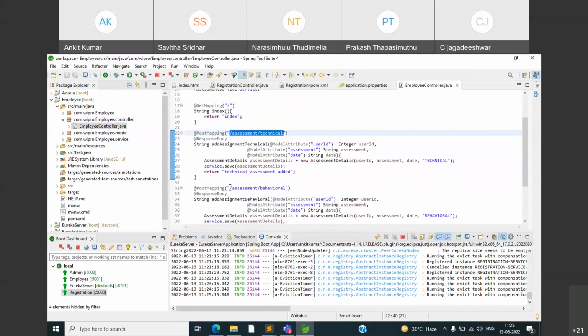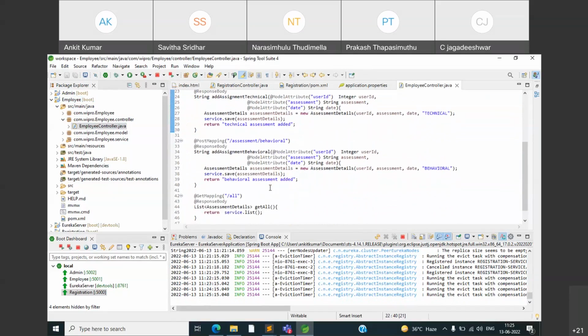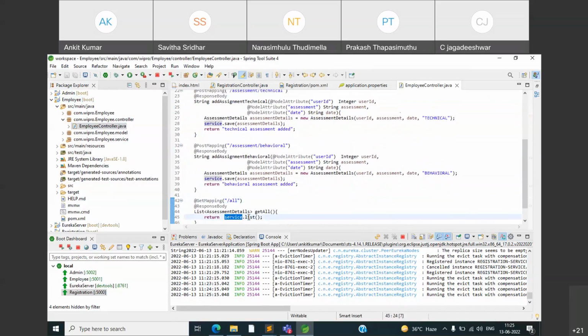I have captured user ID, assessment and date in both URLs. The third URL is to expose all the submitted assessments to a list. For managing a list, I have